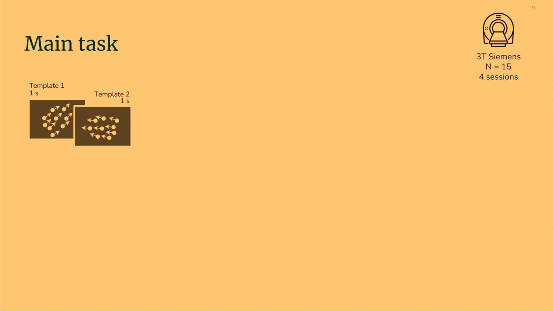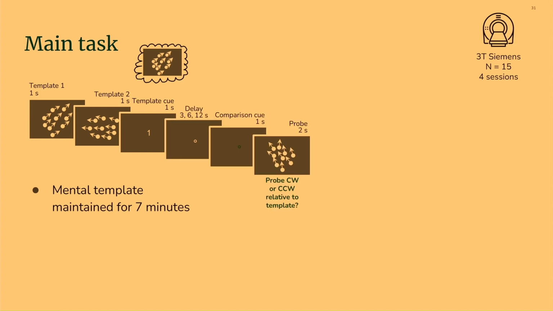And in order to test this hypothesis, we recruited 15 participants and brought them into an MRI scanner where they performed the following task. At the beginning of each block, they saw two templates. Those are random dot motion stimuli with 100% coherence, so like clouds of dots all moving in the same direction. And then one of the templates is skewed, which means the participant will now have to maintain it for the next 7 minutes. After a delay, the fixation changes color, and then a probe, another random dot motion stimulus appears